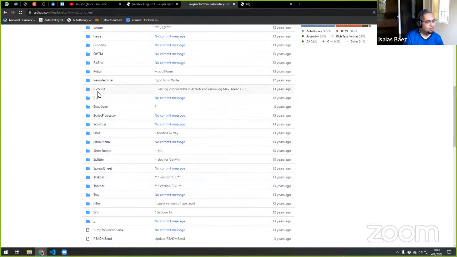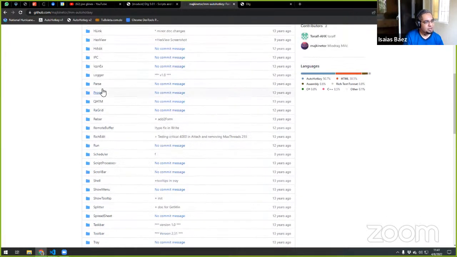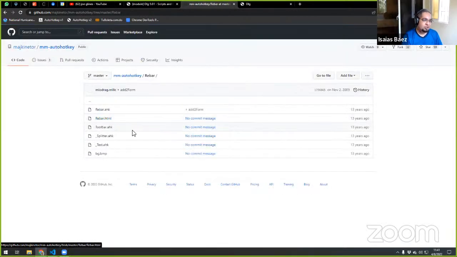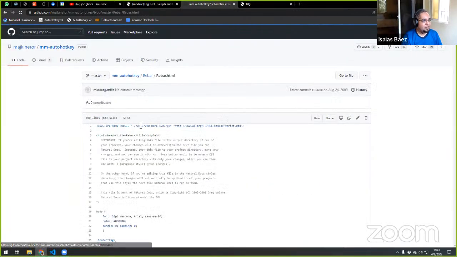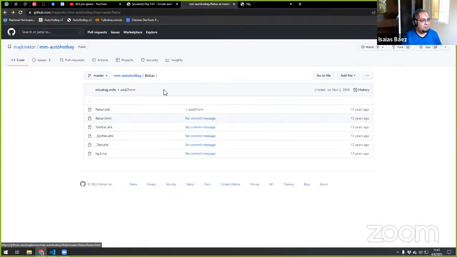I think there's a rebar control. I don't know if you have seen the RA grid and the rebar controls for Windows.